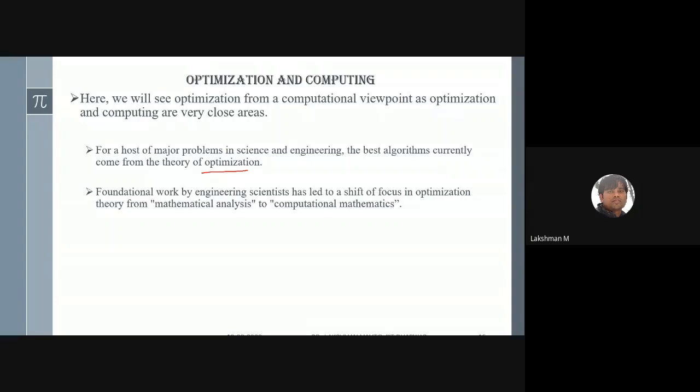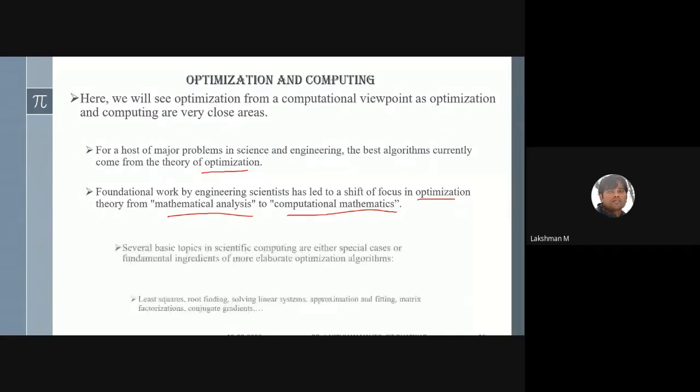Fundamental work by engineering scientists has led to a shift of focus in optimization theory from mathematical analysis to computational mathematics. I think engineering students may not like mathematical analysis, but here optimization is all about computational mathematics. It is very needed, and it gives a proper visualization. So from that perspective, this course will be very interesting.